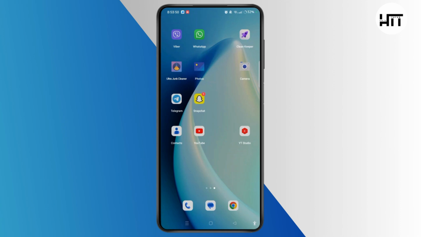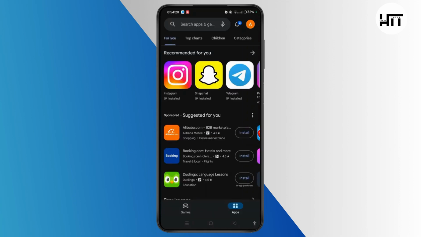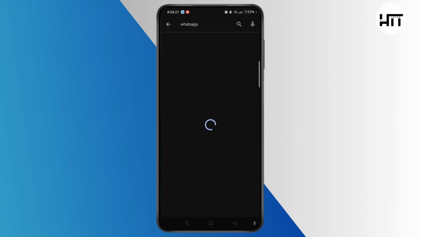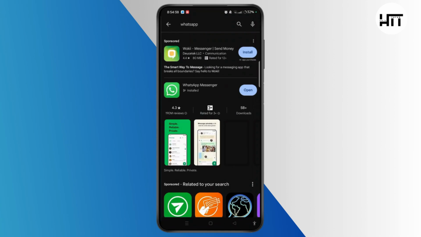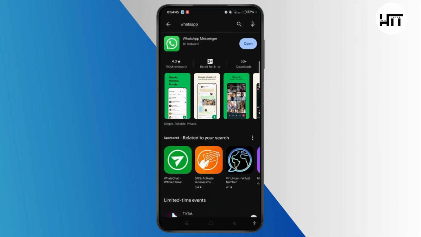First of all, update your application from Play Store or App Store depending upon your device. Once you open the Play Store or App Store, tap on the search icon at the top of the screen and then type in WhatsApp on the search bar. If there are any updates of WhatsApp Messenger, you can simply tap on it and update the app to the latest version. As you can see that we already have updated our app, so let's tap on the open button and then